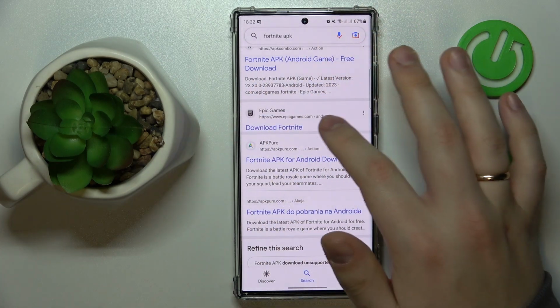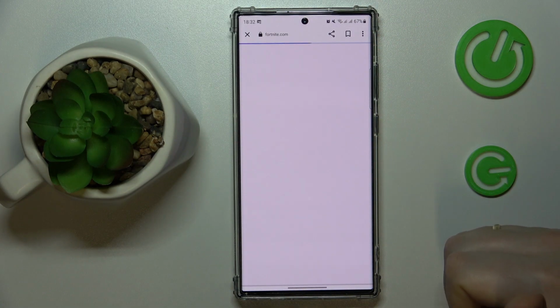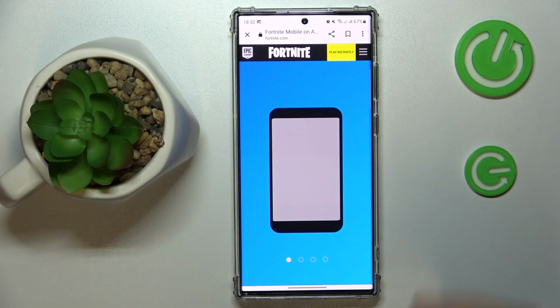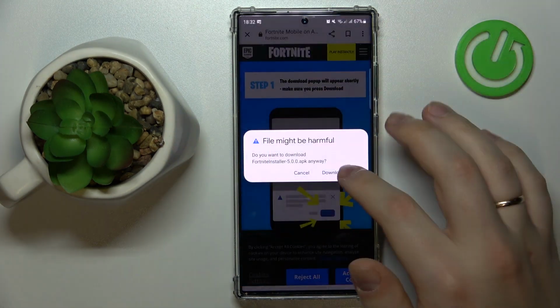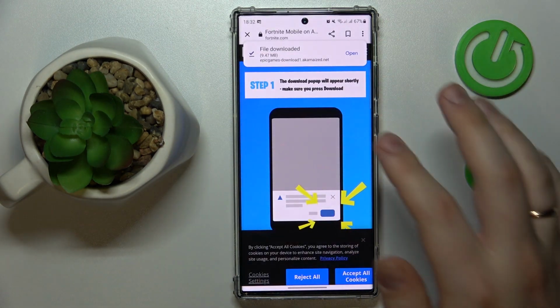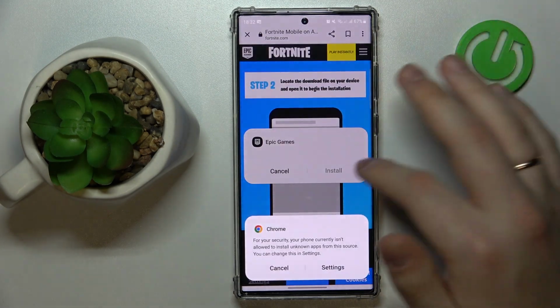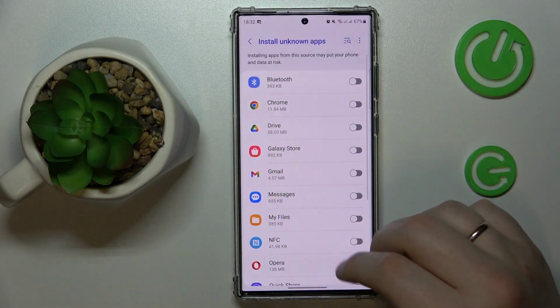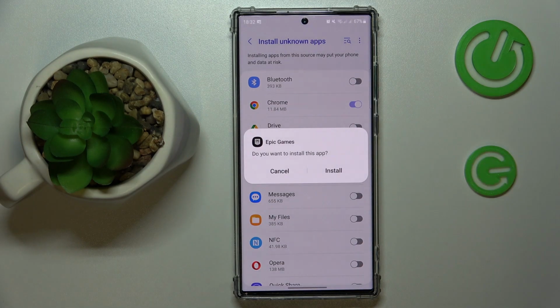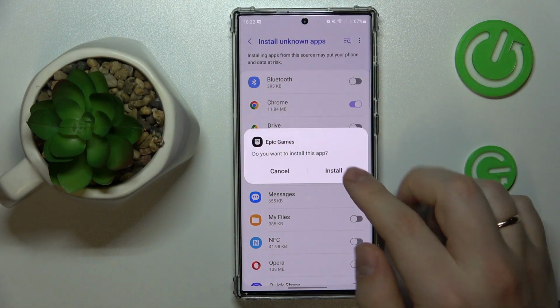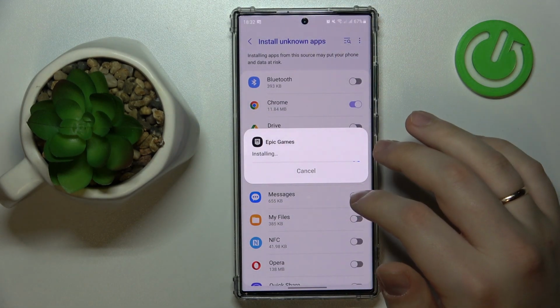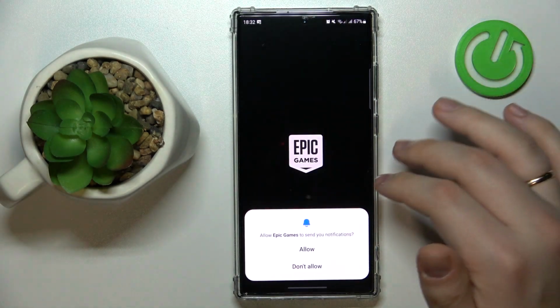Here it is in my case, the link says download the Fortnite, so I'll tap on it, wait until the web page gets loaded, then confirm the download by tapping at the download anyway option. After that, launch the file, grant whatever browser you're using the install unknown apps permission, then finalize the Epic Games Launcher installation, open the app,